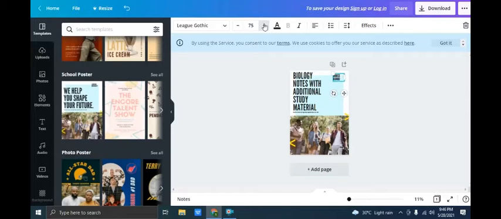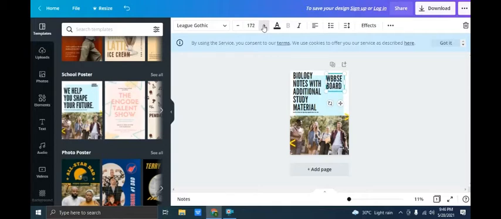You can use it to write something else. Like I will write here WBBSc board, so that it is clear to the students when they see these course photographs only. They will come to know that this particular biology notes are for the WBBSc board students only. Here you can put ICSE board, you can put CBSE board, whatsoever you want to put, you can put over here.